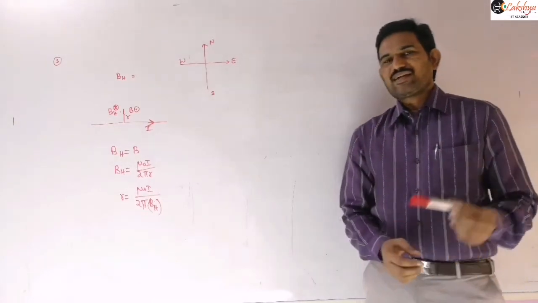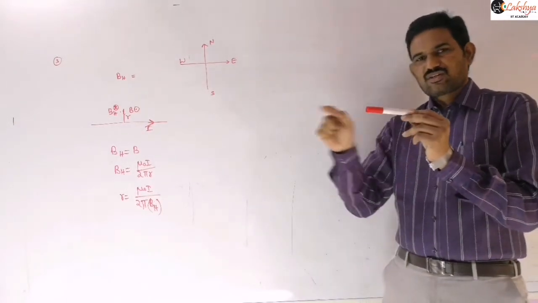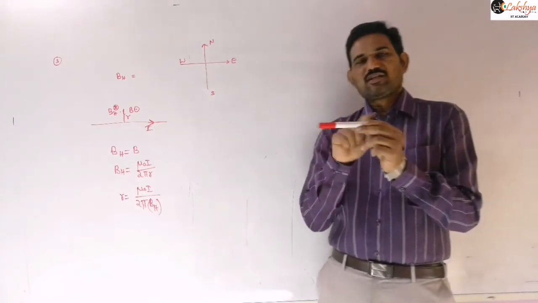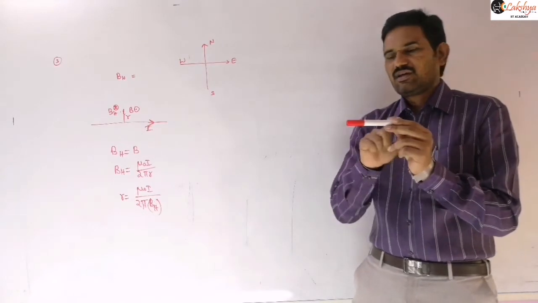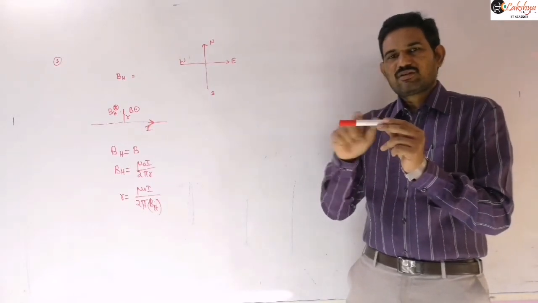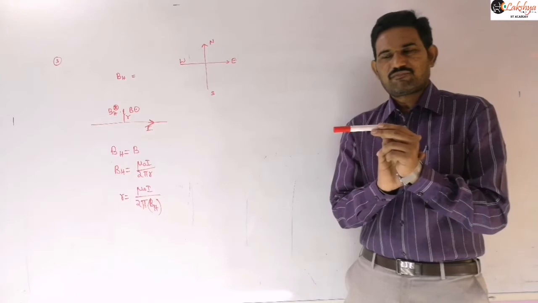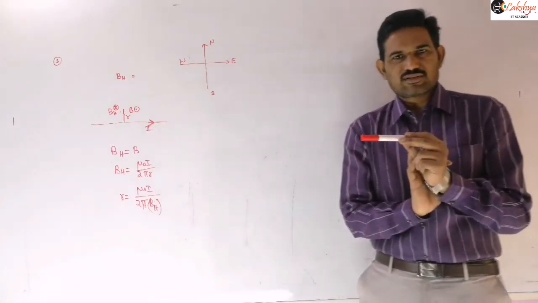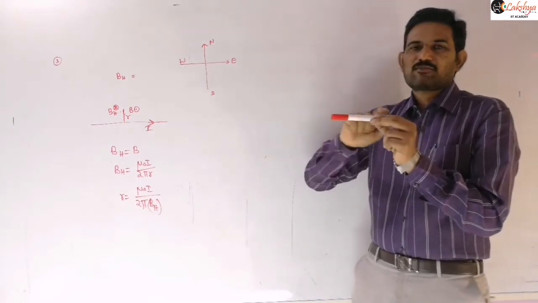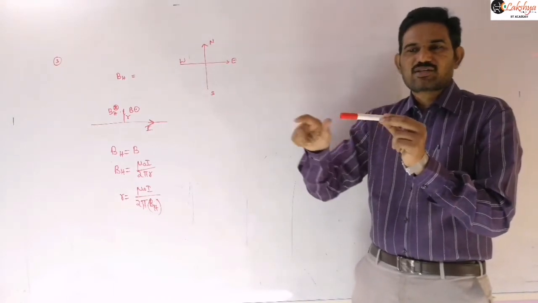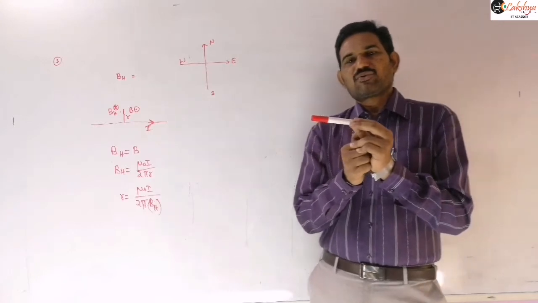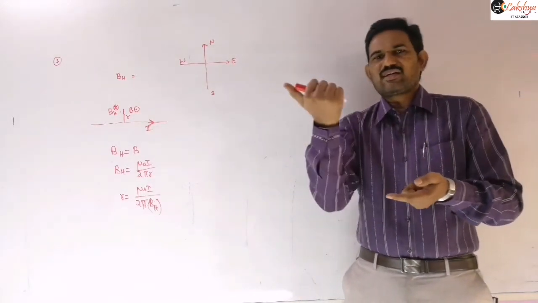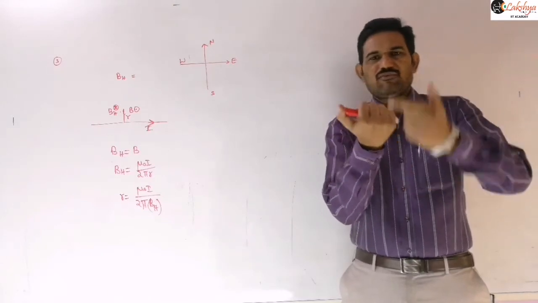And now suppose the conductor is placed along the north-south direction. Is there any chance of getting neutral points? Only BH we are discussing here, and let the vertical component be negligible. We are considering only the horizontal component. So if the conductor is along north-south and a current is flowing towards north, the magnetic field will be there like this.